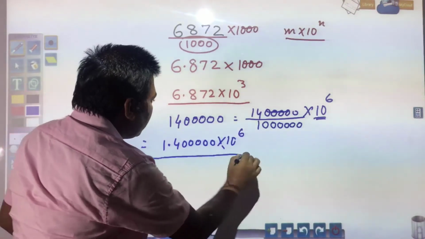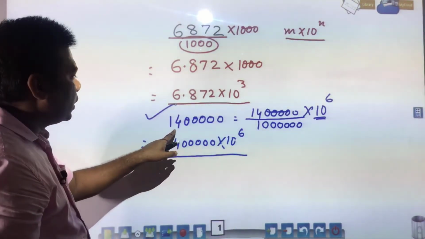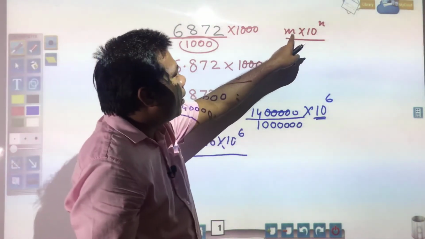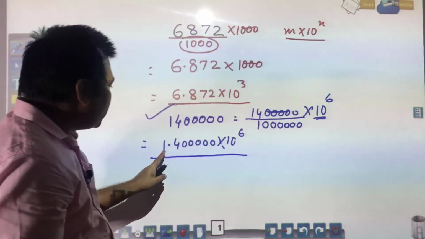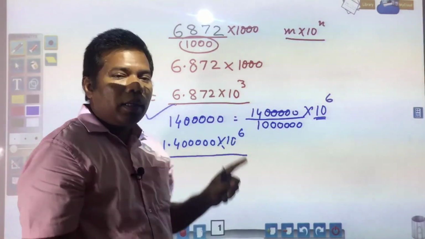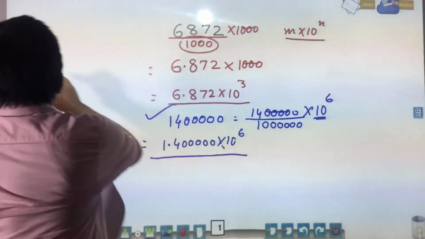Now you see, this number has been converted into standard form, m into 10 to the power n, as 1.400000 into 10 to the power 6. Next you see,